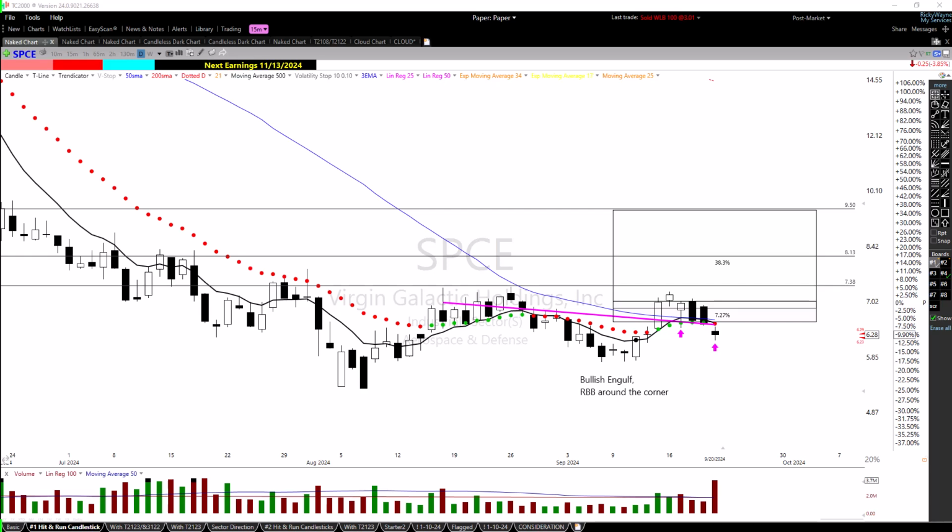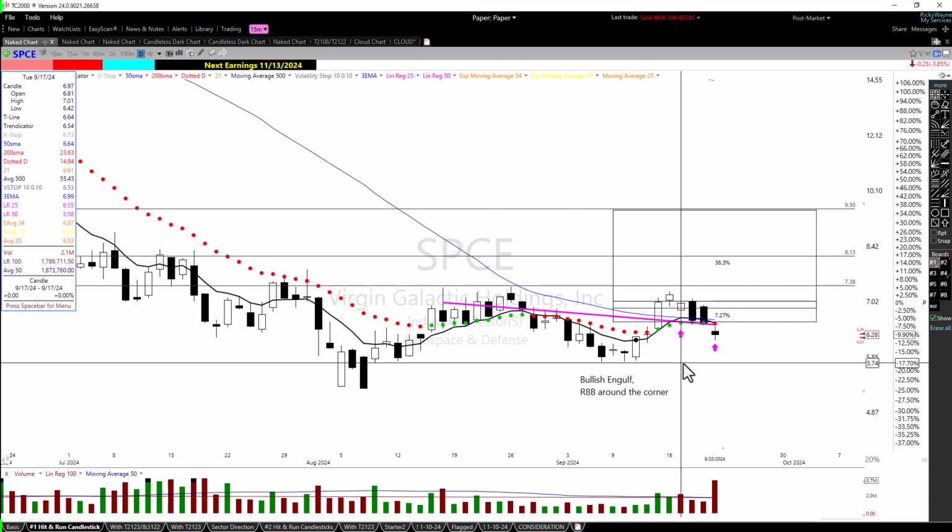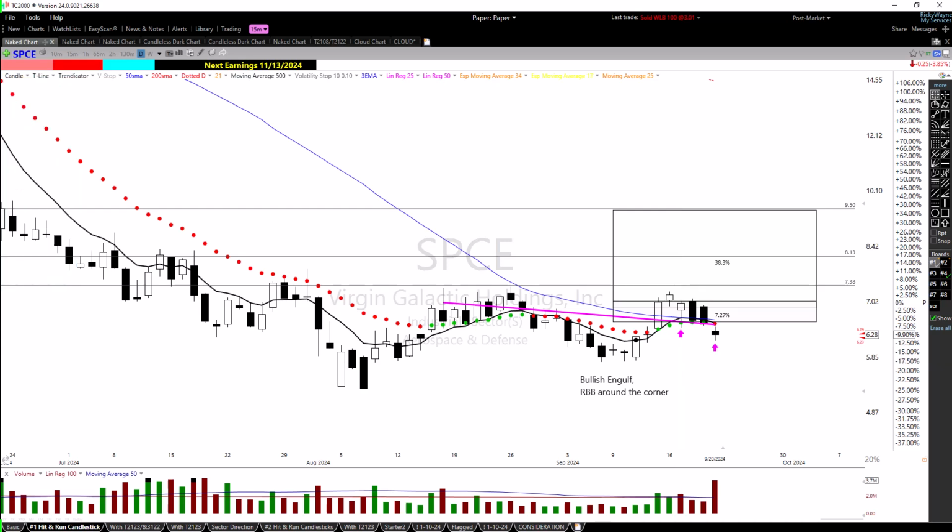SPCE. This is a chart that I entered on the 17th of September. So I entered on this hammer. You can see that we had this rally to the upside. We pulled back and put in this hammer, so I entered on this hammer. Notice right down here I wrote bullish engulf and RBB around the corner. Well, the bullish engulf, this candle right in here, engulfing, and then we had follow through on that engulfing over